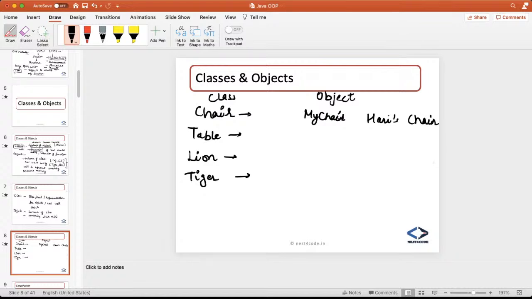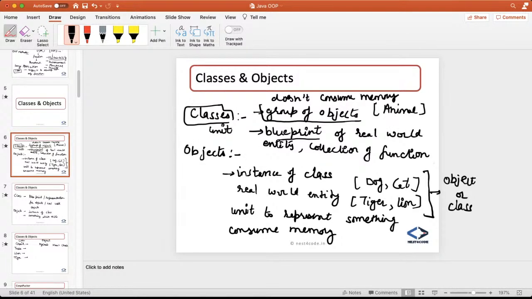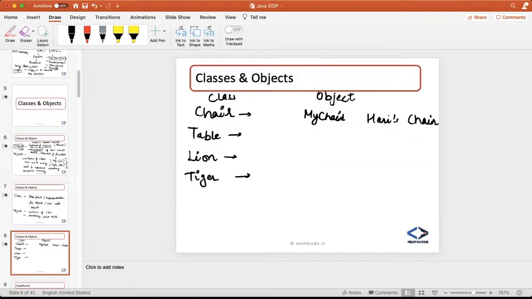So all these are classes, guys. These are classes. These are not all objects, right? If I talk about any particular chair, or similarly any particular table, like our table, then that will be an object. Otherwise, table will be a class. If I'm talking about a particular lion,